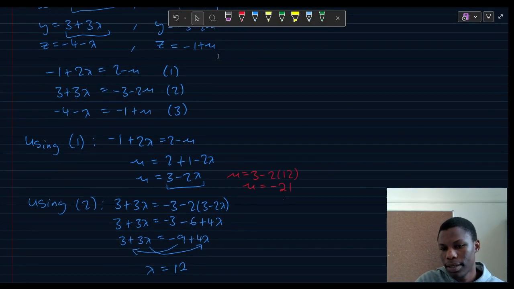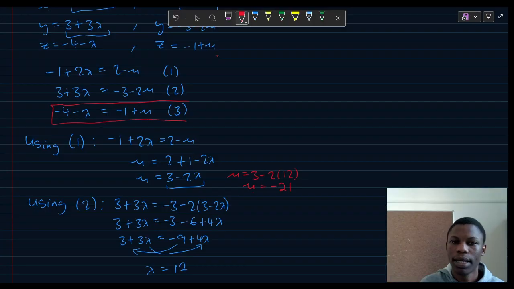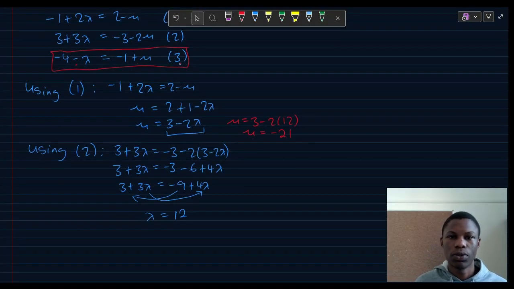So if these lines truly intersect, I should be able to substitute mu equals negative 21 and lambda equals 12 into this third equation, and the left-hand side should be equal to the right-hand side. If you do it with these first two equations, obviously it's going to be correct because I used these first two equations to calculate mu and lambda. But the true test is to substitute in the one equation that you haven't actually used to see if that actually holds true. So using our third equation,